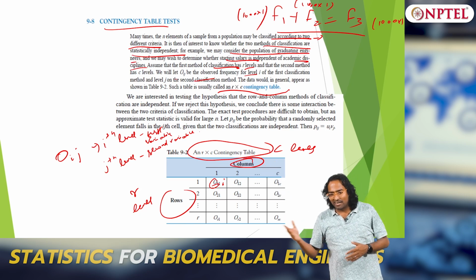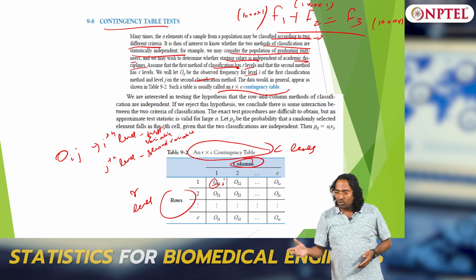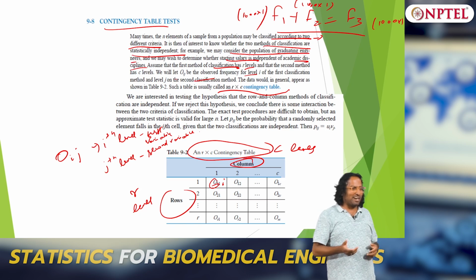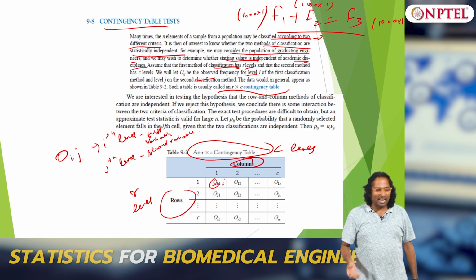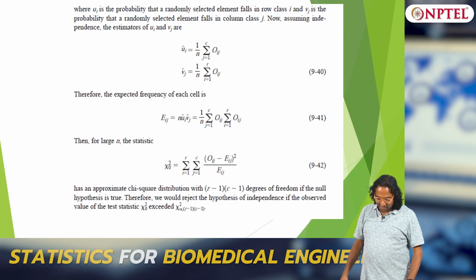Then you want to see whether the salary is independent of the academic discipline. Is that true? You do not have an answer, right? Maybe, maybe not, you do not know the answer. So that is what the data has to reveal, that is what we want to do. So let us construct this table and then do it.